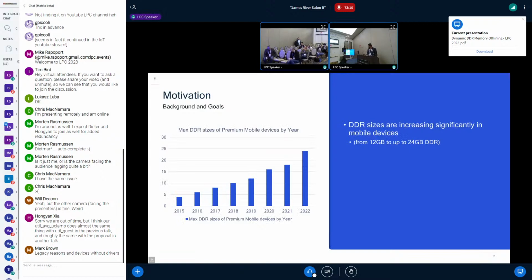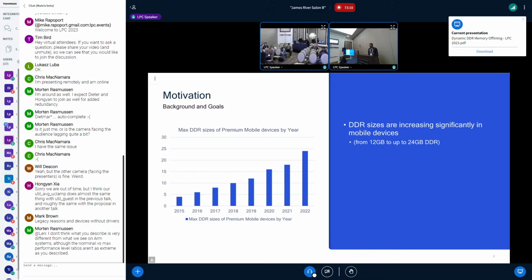So the general idea or motivation is with increasing DDR sizes in the mobile systems these days, with more and more segments coming in, there's more power consumption by this DDR. And if you have just a limited certain size of the DDR being used, for example, let's say 4 GB of your 24 GB DDR, it kind of makes sense to collapse or offline some of the other segments that are unused to save power.